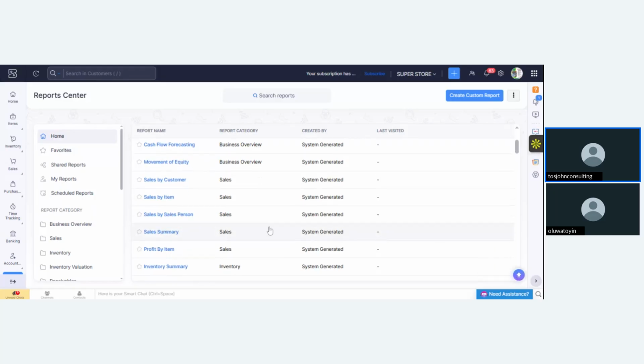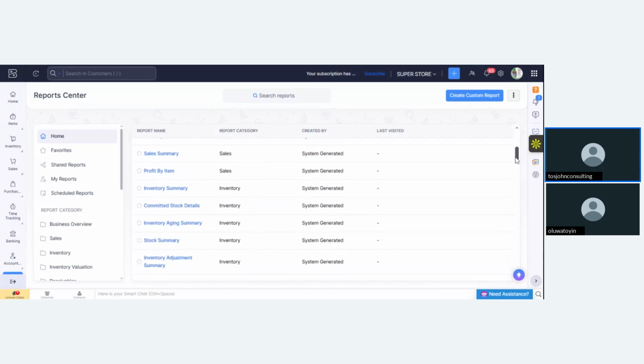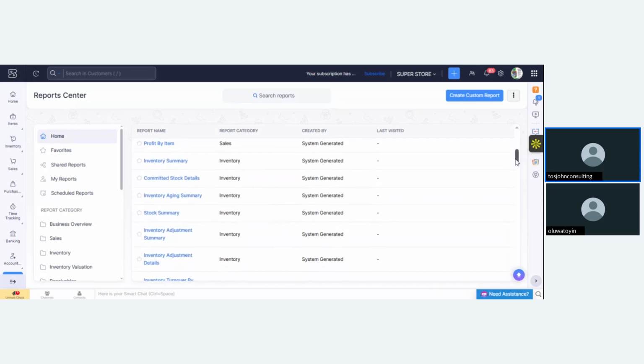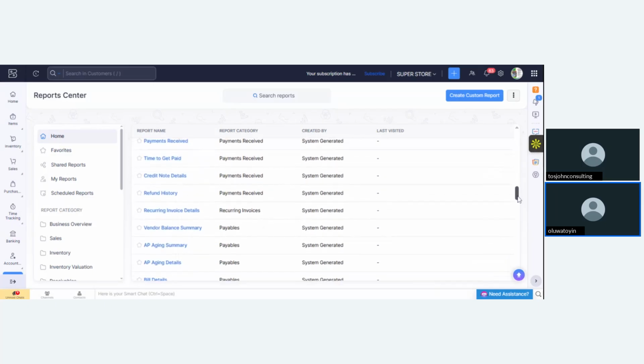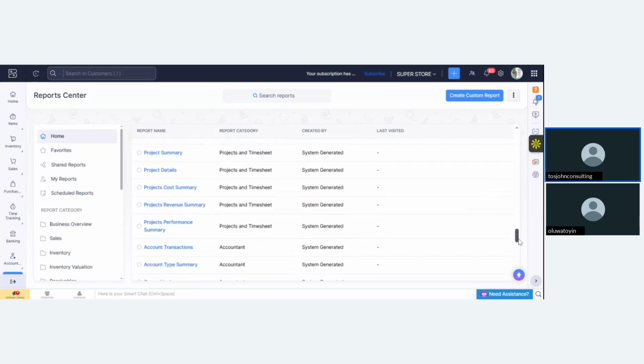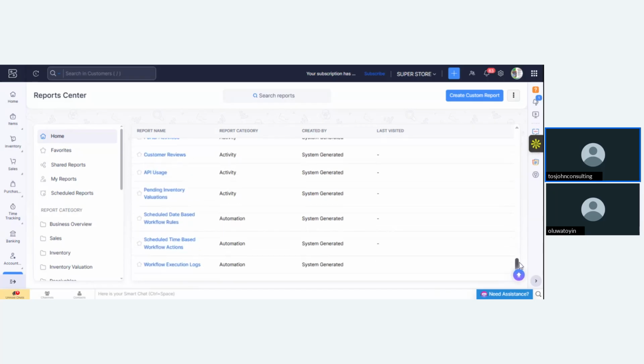Sales by salesperson: if you have salespeople, who is selling more, who is performing more, you will have it. Sales summary, profit by items, inventory summary. You have every report, everything that you need, in the software.